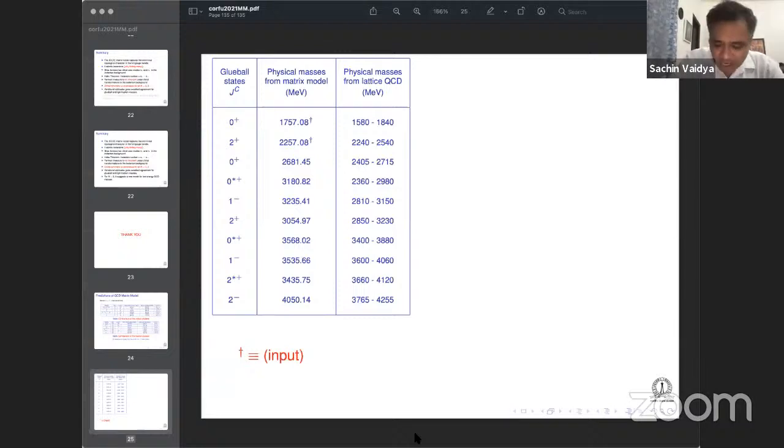Of course, for glueballs there is no reliable particle data entry. So the only thing we can compare matrix model predictions to are the predictions produced from lattice. That is my third column here. And again, you can see that except for a couple of them, I am doing quite well. These are glueballs in the SU3 gauge theory. We didn't compute them for SU2 or any other SU(n).